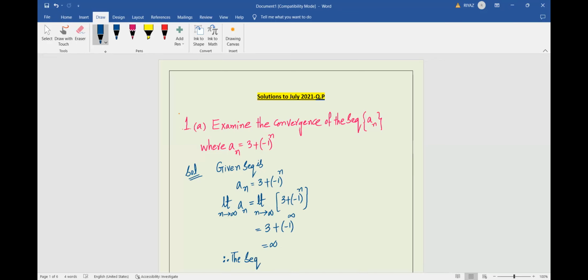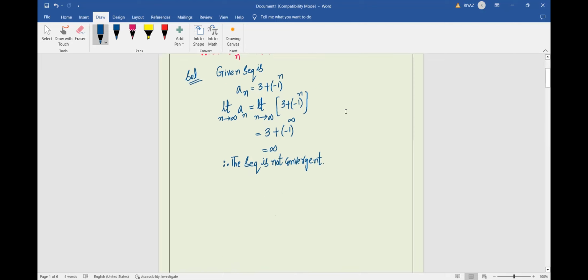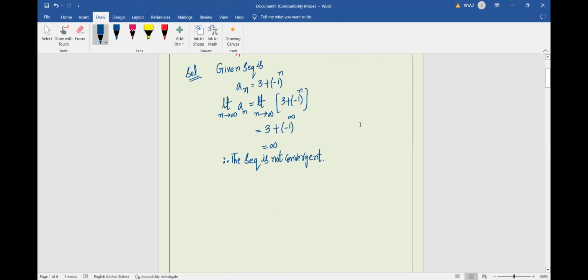The sequence is, you can write not convergent or divergent. The choice is yours. Better, I am writing not convergent. So this is the solution of the first problem. Next time I will write the questions also. I write the questions first and keep them ready, then you can write the direct answers easily. We can move on. Now the second question is,